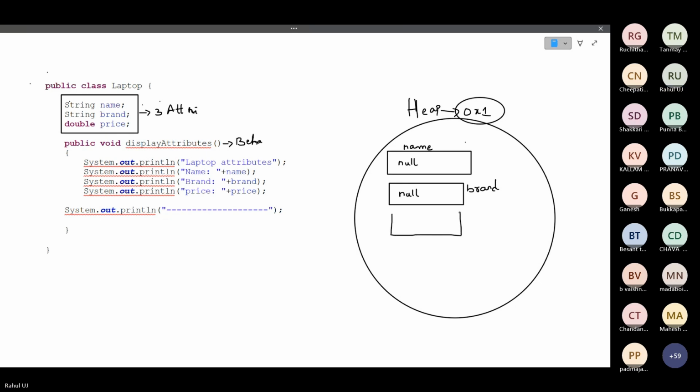Next, your dabba is price, this will be 0.0.